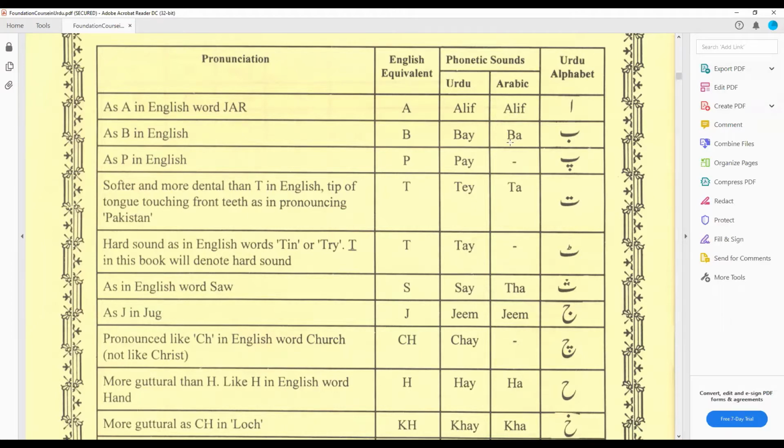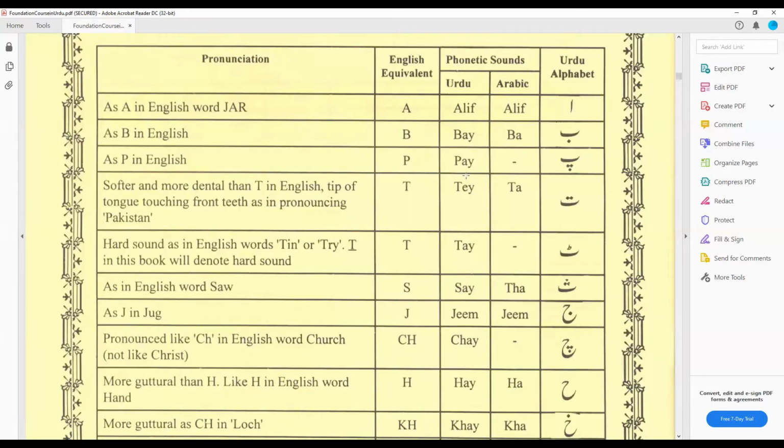Next letter. If you want to read Arabic letters, it's up to you, but you don't have to, actually. The Arabic pronunciation of the letters is different. In Arabic, it's ba, ta, sa, jim, ha, like this. But in Urdu, it's alif, be, pe, te, and so on, with a lighter sound. This is the Urdu alphabet sound. So alif equals A, and next I would like you to read the letters so your pronunciation will be improved.